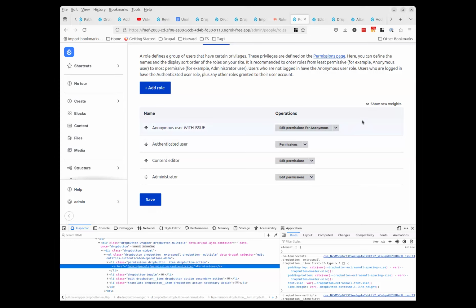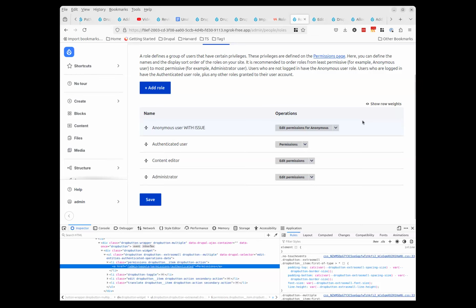Thanks. There's also something where a lot of people, at least in my experience, a couple of developers I've worked for didn't realize you could edit permissions for an individual role this way. And when you've got a lot of permissions and the main permissions page literally crashes when you try to load it on a site I work on, it's a really useful page. So yeah, it's probably good in the sense that it might bring it to more people's attention that you can do this. So it's a nice side advantage, I guess.